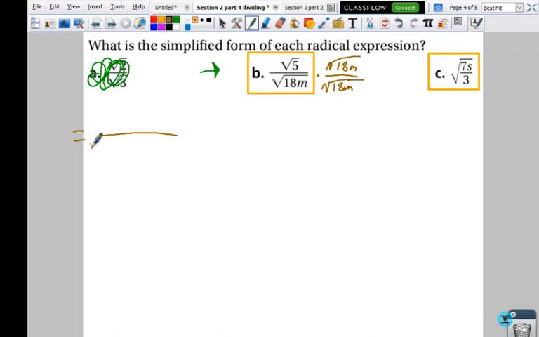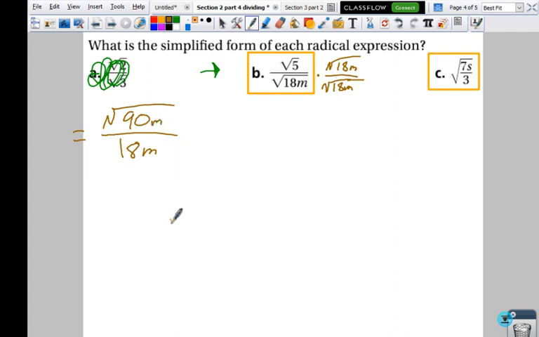What do I get when I multiply the denominators? Denominators, not numerators. The bottom. What do you get on the bottom part of the fraction? 18. Yep. Alright, and the numerator, the top part, was square root of